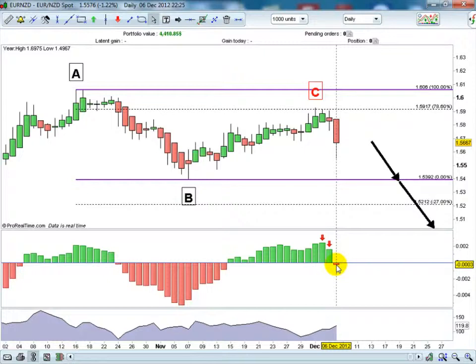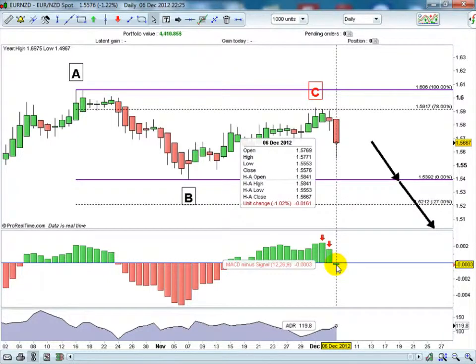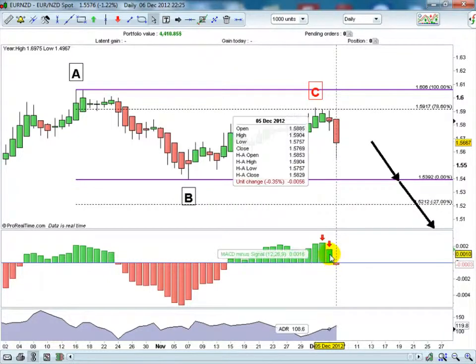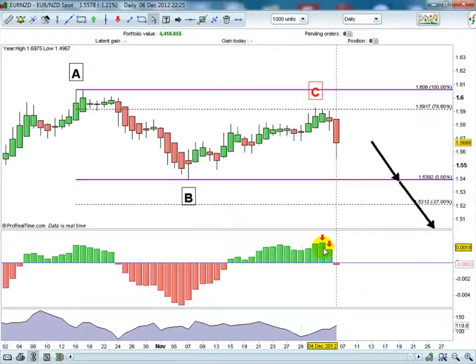Okay, working backwards from the open for December 6th, we see one histogram bar which was preceded by a higher histogram bar. Dead simple, isn't it? Now the trick is, of course, to not only line a similar signal up on the next 2 lower time frames at the same time, which can be a little bit tricky, but also to put it